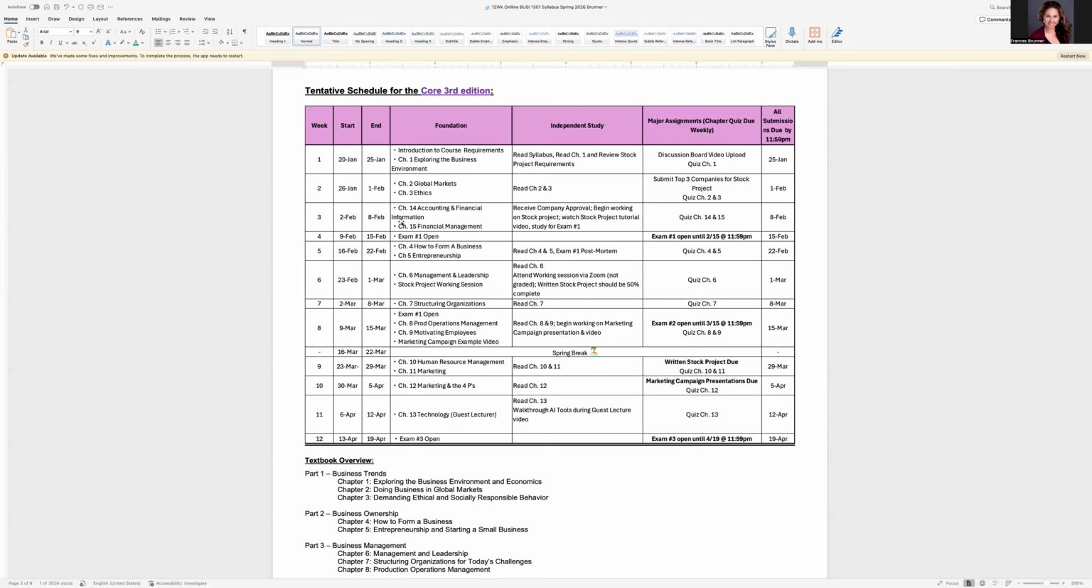So week 3, we will go through chapter 14 and 15. You will receive the approval and you'll know which company you will be using for your stock project, and then you can begin working on it. I'll also have a stock project tutorial video again for you to get a better understanding of the requirements. You'll be studying for exam 1, which will open the following week, and you'll have quizzes for chapter 14 and 15